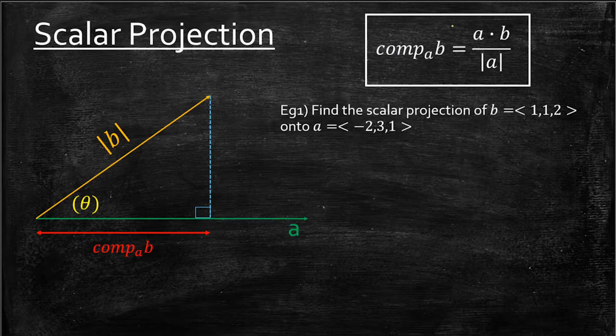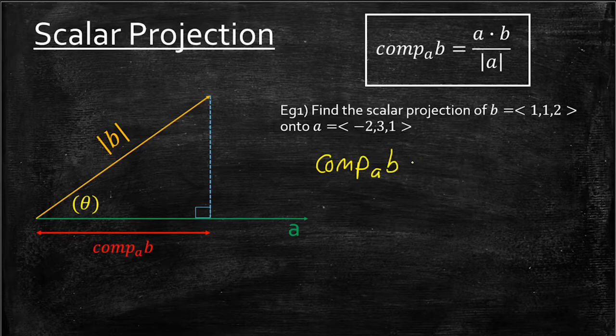I've got the little formula that we had on the previous slide up here. And the first example wants us to find the scalar projection of this vector B onto A. Now, we can draw any picture that will represent the situation. I find this to be the easiest picture to draw. So it doesn't matter what the vectors are. This will be our basic picture over here. So we want to find the component